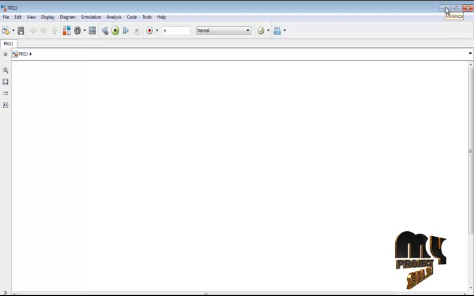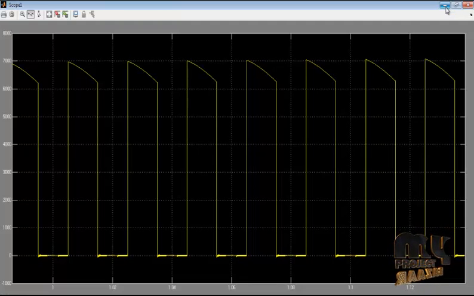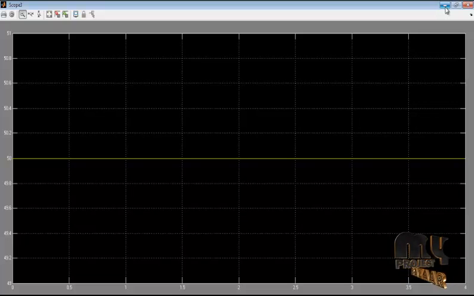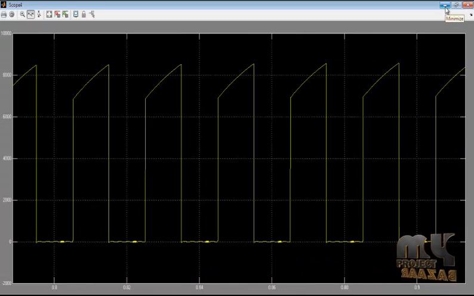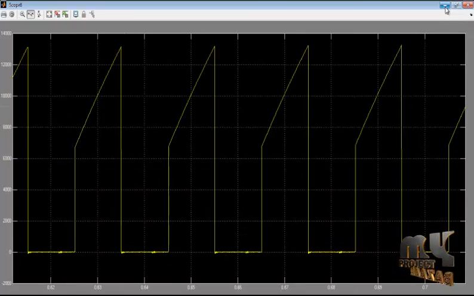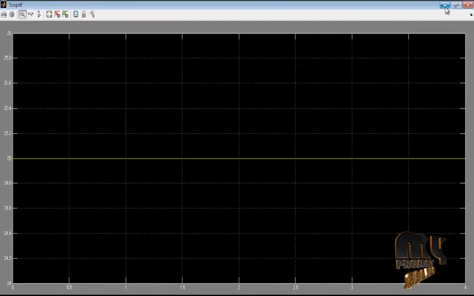After clicking that, the output voltage and current waveforms are shown in the corresponding scopes. First one is the upper voltage source's corresponding current waveform, and this is the corresponding voltage waveform. That voltage level is 25 volt, and next one, the upper second source voltage, is 50 volt with its corresponding current waveform, and next one is the upper third source voltage value, that is 100 volt, and corresponding current waveform, and next one is the lower third source